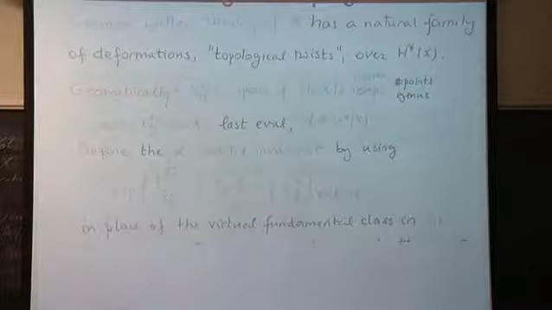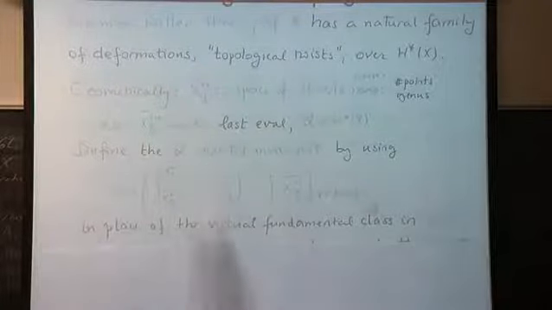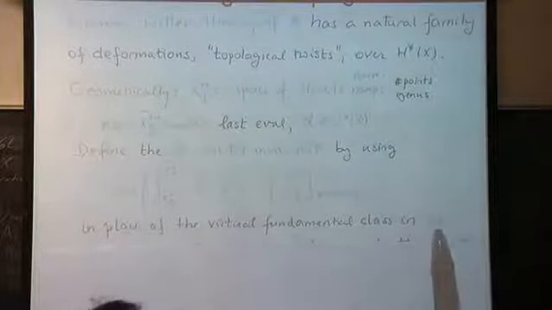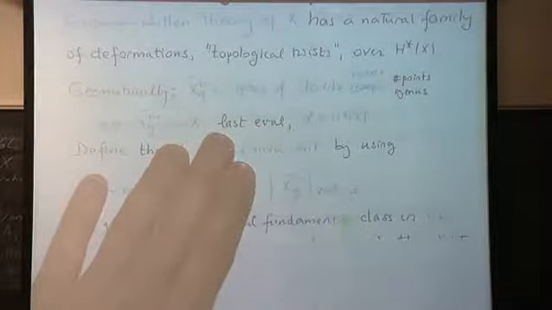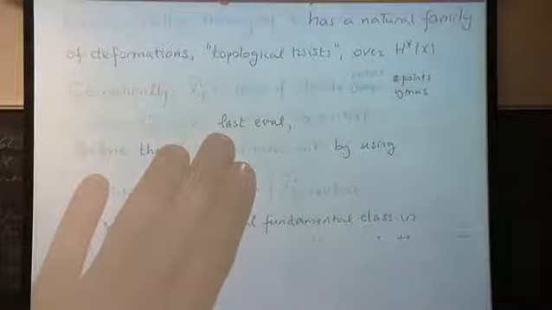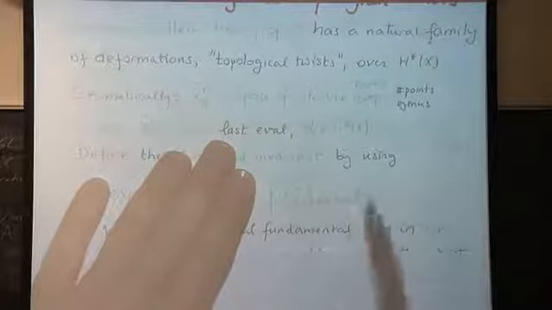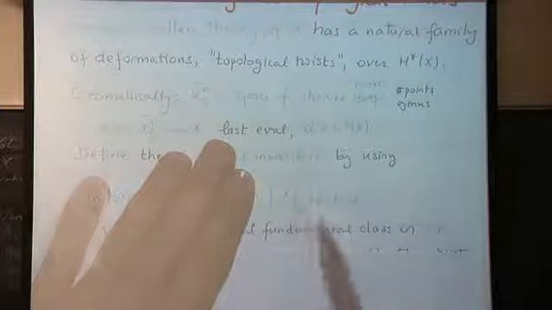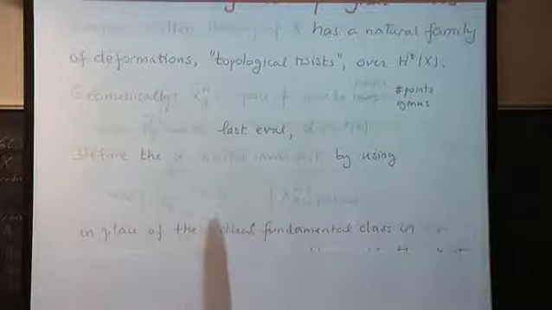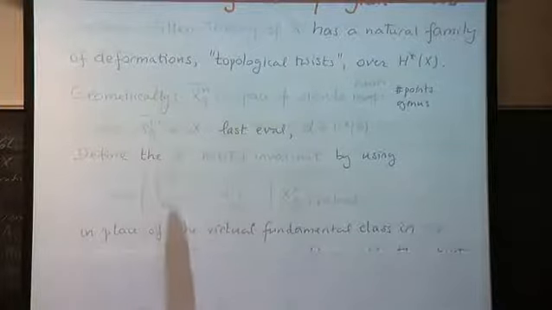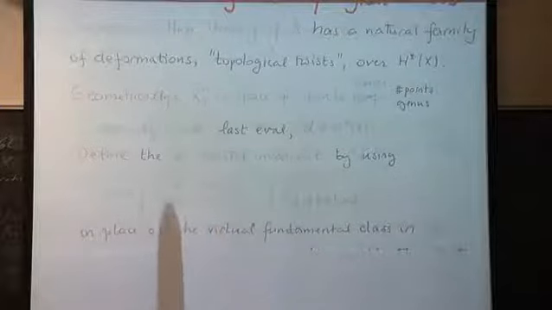And now you define the twisted Gromov-Witten invariant by using this thing, where in Gromov-Witten theory you are using the virtual fundamental class of this space of maps to integrate and produce a numerical invariant, which then gets packaged into some generating function, and so on. Instead of using the virtual fundamental class of this space to integrate, you're going to cap it with the exponential of the push down of f star alpha along the forgetful map. So the forgetful map